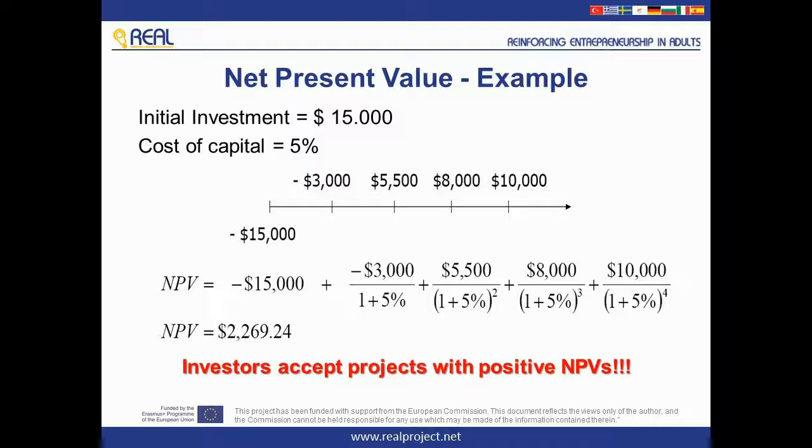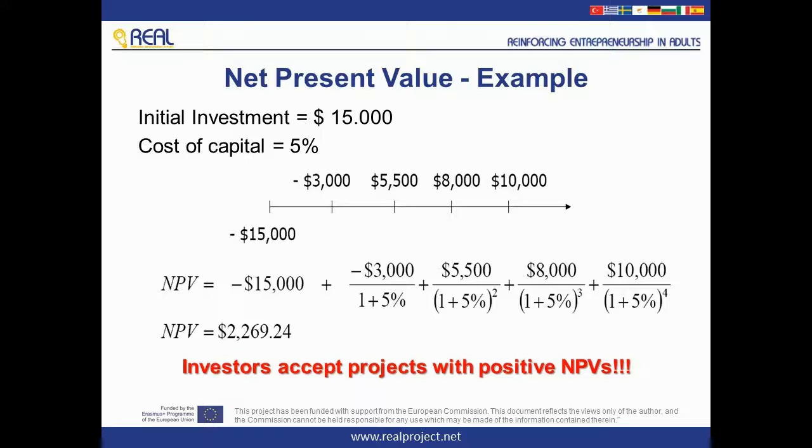Consider that we want to buy a new 3D printer for $15,000, the initial investment. The interest rate is 5%. After 1 year, the 3D printer does not have a high demand, and we sold just $1,000 worth of items while we spent $4,000 on advertising. So our net income is negative $3,000. After that, the demand trend changed, and we sold items for $5,500, $8,000 in the third year, and $10,000 in the fourth. So after 4 years, our NPV is